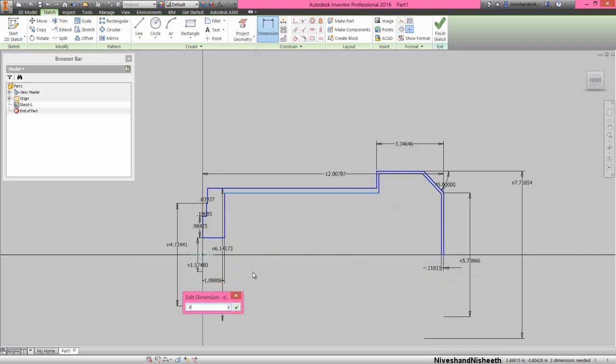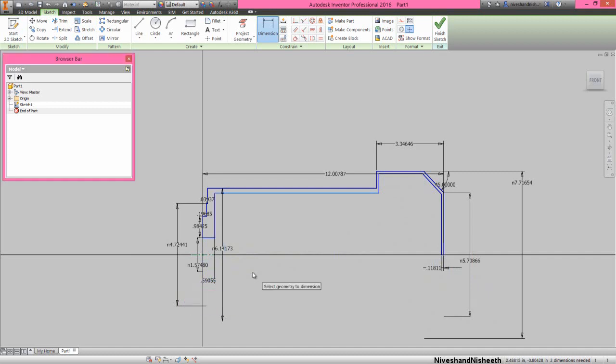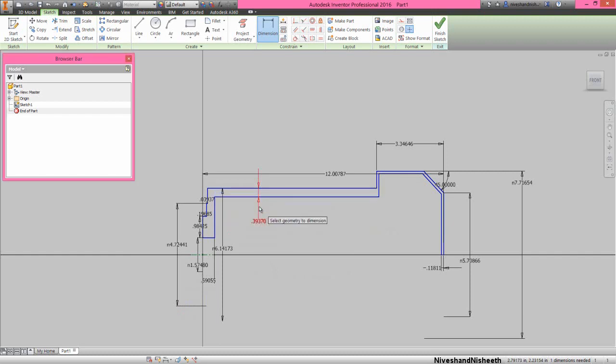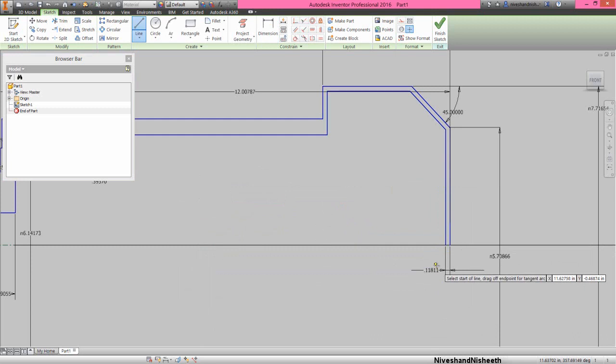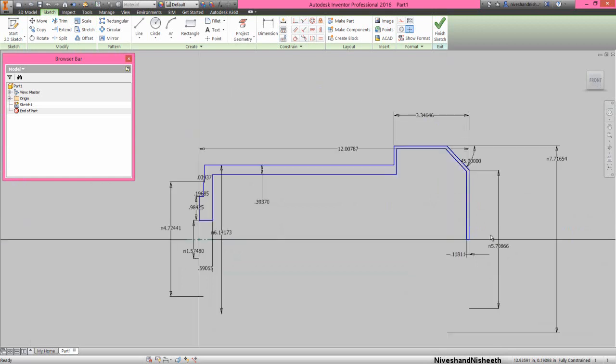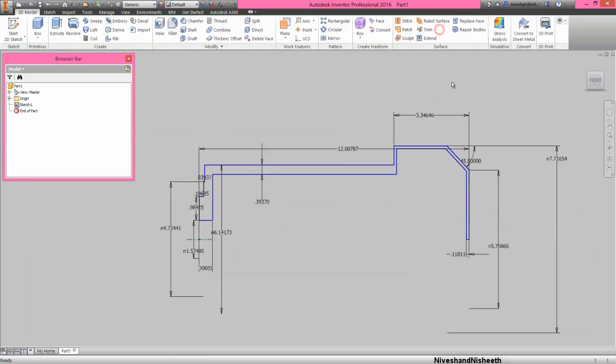Each dimension will be placed with different values. Now my sketch is complete, so finish the sketch.